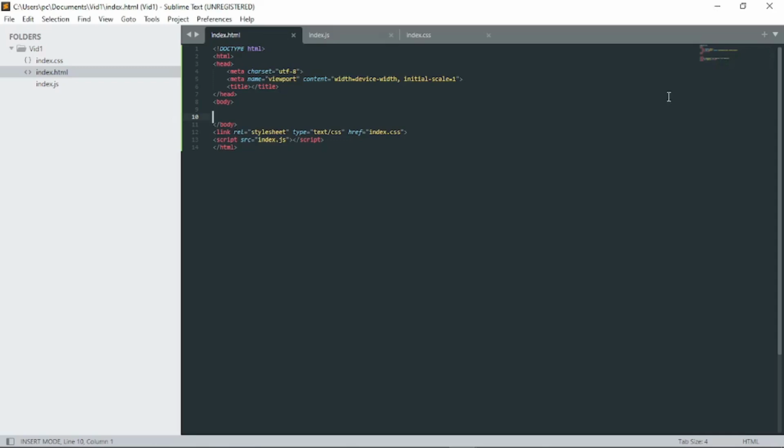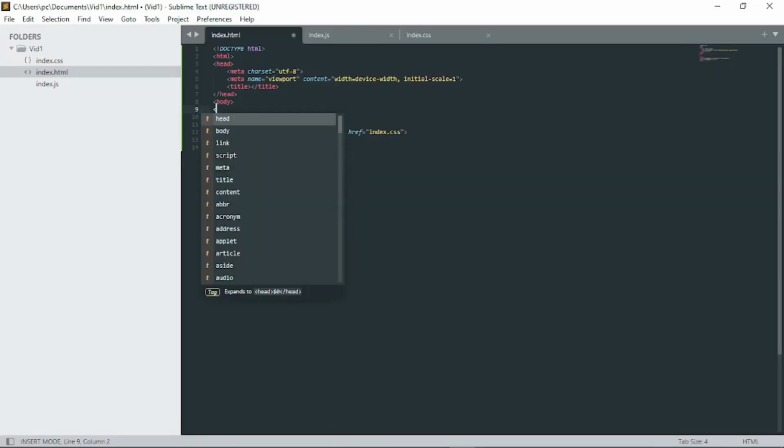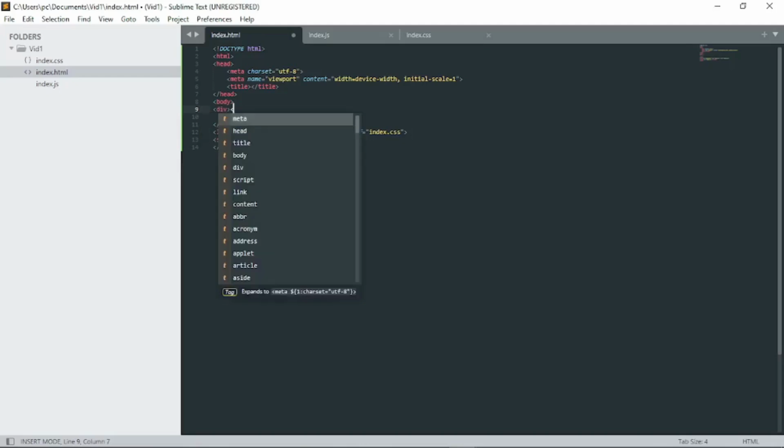Today we're going to learn how to create animation using HTML, CSS and JavaScript. So now you see I've already created the folder and the files, and I've already opened the file in my browser. I'll create a new div